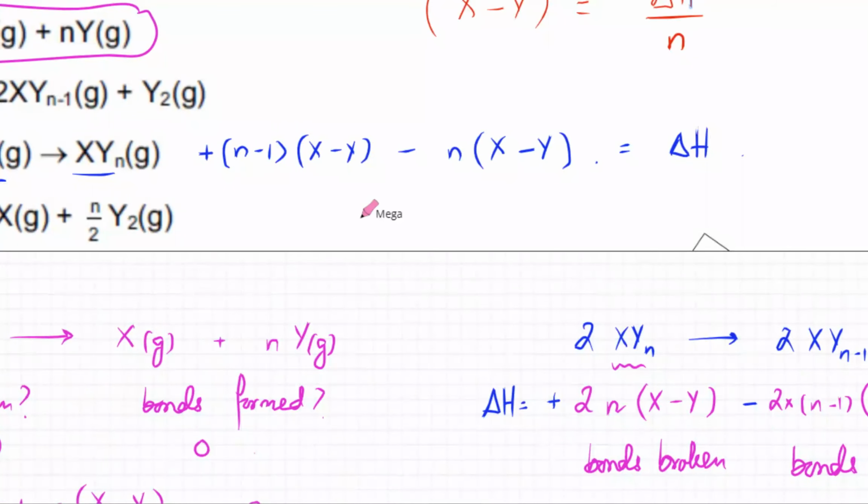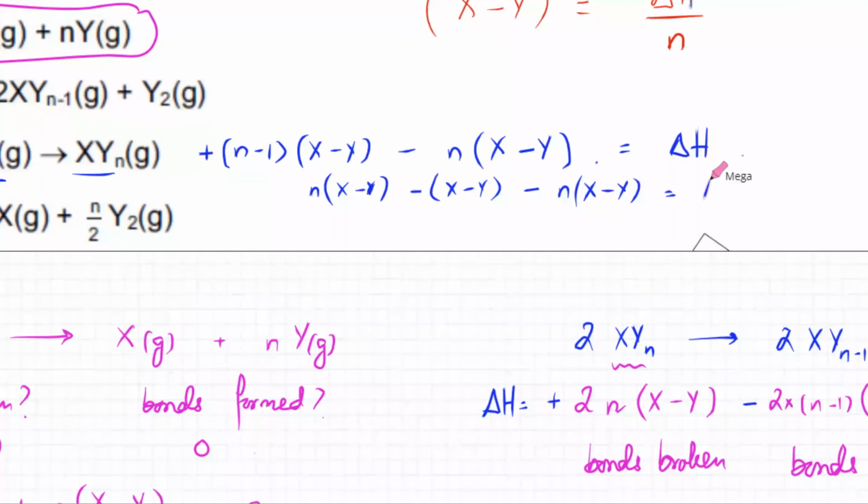It's going to be N minus 1 into the XY bond energy, and then minus N times the XY bond energy, and that's equal to delta H. Now, if I simplify this, the N into XY bonds minus N into XY bonds will cancel out. So delta H would be equal to the negative of the XY